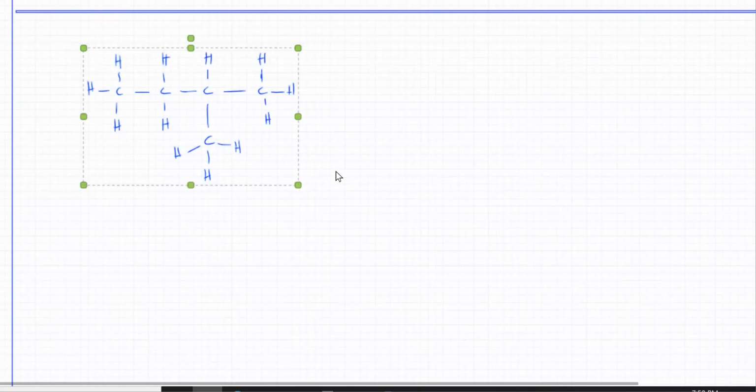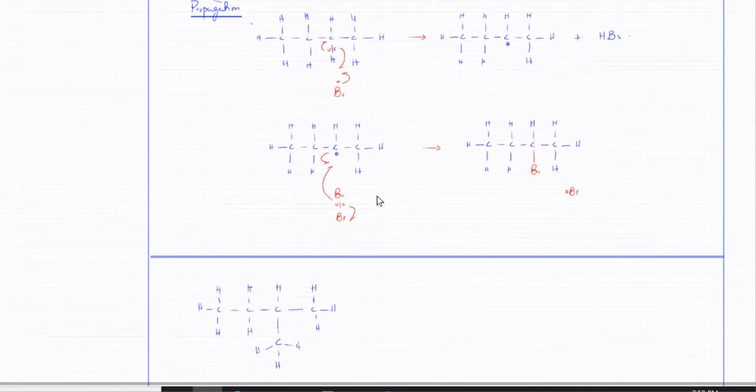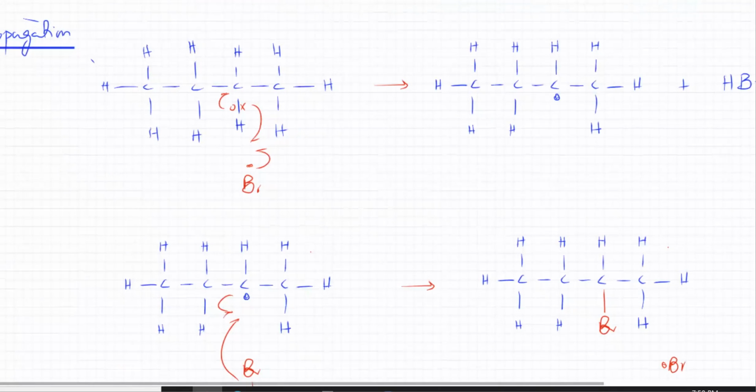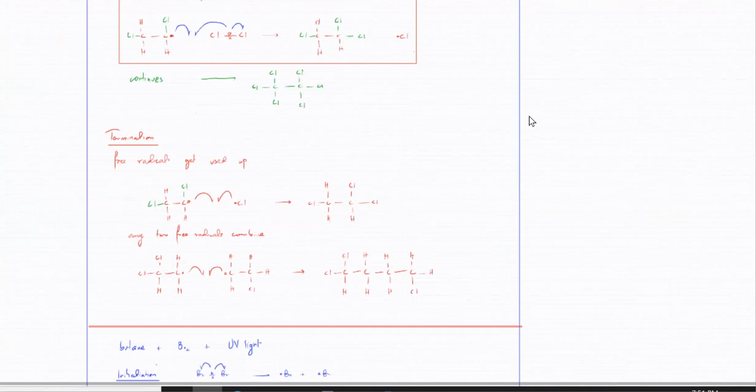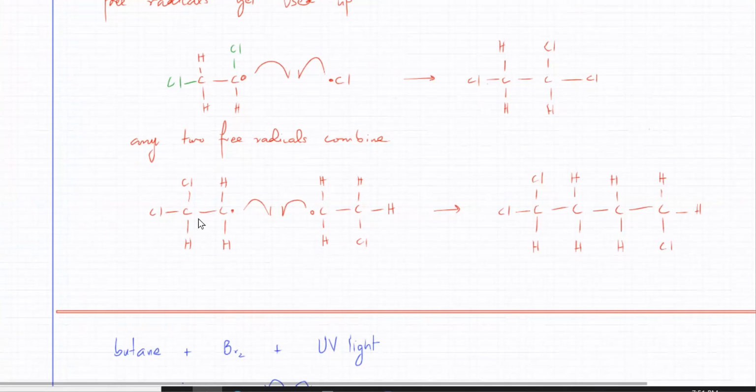Remember, the carbon-carbon bond never breaks. Make sure you note this. Even over here, the Br radical is attacking this molecule, but it's only attacking the hydrogen atoms on the outside. The carbon chain never breaks during the process. It actually increases in size during the termination step. Over here, you had a 2 carbon atom free radical and another 2 carbon atom free radical, so the carbon chain would increase in length, but it would never break during the process.